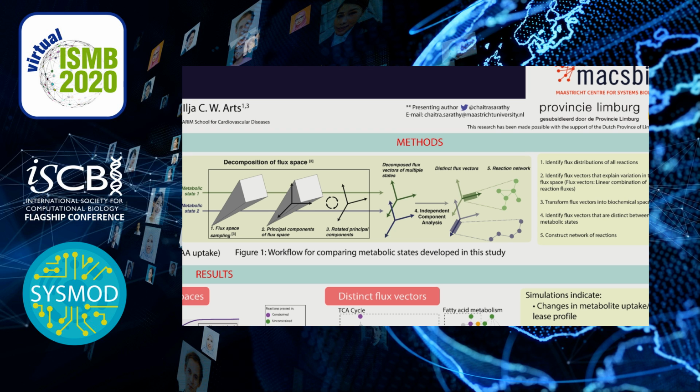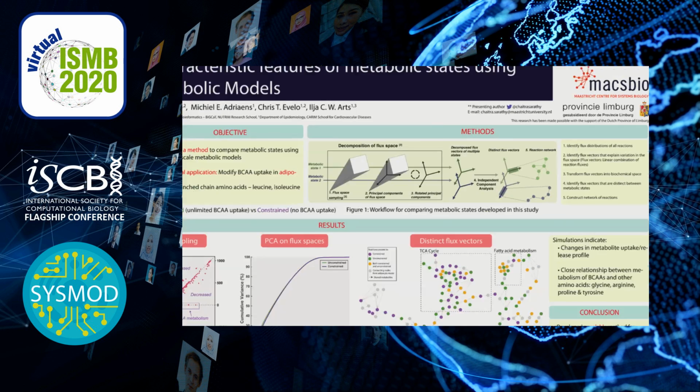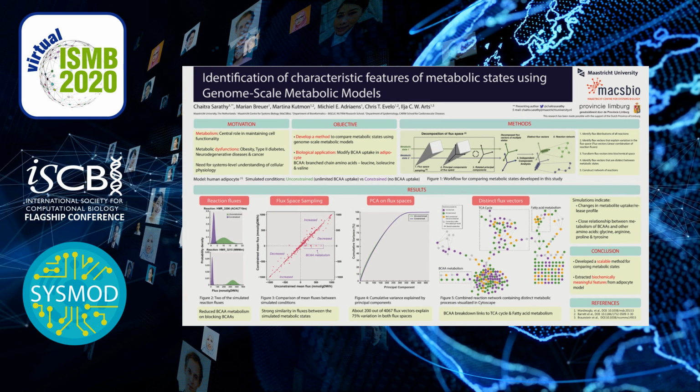Then, the flux vectors were transformed into biochemical space using basis rotation. These decomposed vectors were then compared to find those flux vectors that were biochemically distinct between the conditions. For this comparison, we used independent component analysis, or ICA. Finally, the reactions thus identified were reconstructed and visualized as a reaction network. Moving to the results,